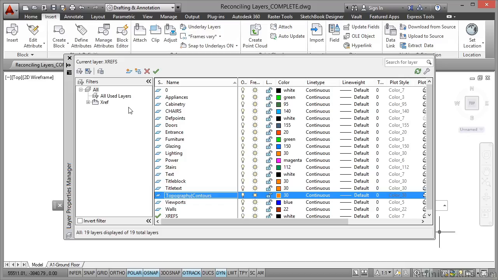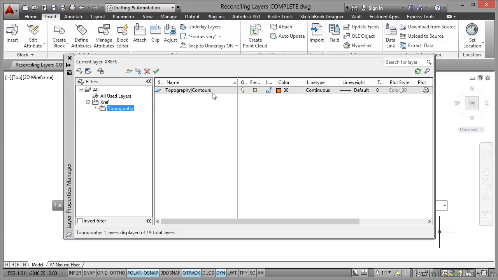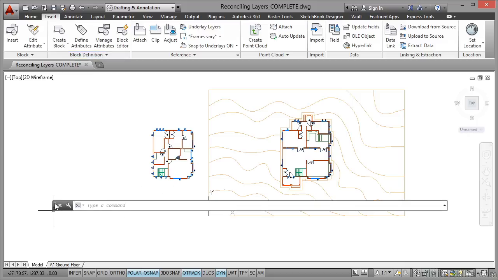Notice I've got no unreconciled layers in the Layer Properties Manager. If I go to XREF and click on Topography, obviously there is the layer there, but it's not unreconciled anymore. The reason that it's there is it's a check. It's a check to make sure that that layer coming in from that XREF is a layer that you need to use, and it needs to be reconciled into your drawing. All it's doing is giving you a checklist of layers that are new because you've brought the XREF in. So if I close the Layer Properties Manager again now,